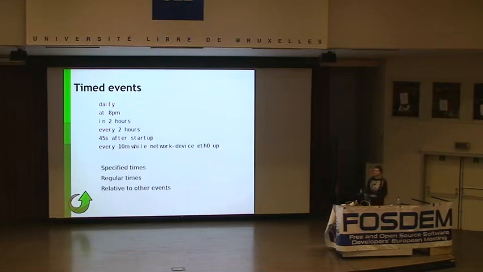You can also then start offsetting events from each other. And this is where the at-like behavior you want in Upstart. You want to be able to say in init, I want to run something 45 seconds after startup. You don't want to run it at startup, you don't want to run it in the boot sequence, but 45 seconds later might be about right. And presumably you run it very IO niced and very nice, so whatever process you're running doesn't take up any particular user CPU. And you can combine them with other while states, like every 10 minutes while a network device is up, you want to run a job over and over again. So you can do a build up on these.